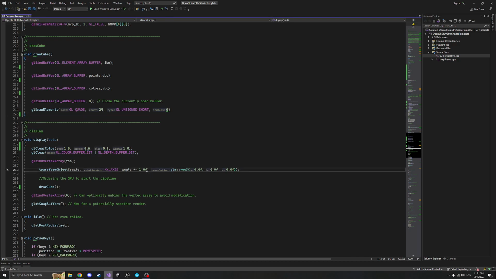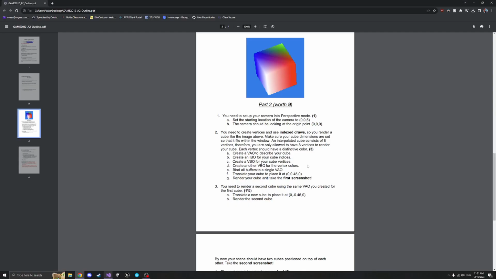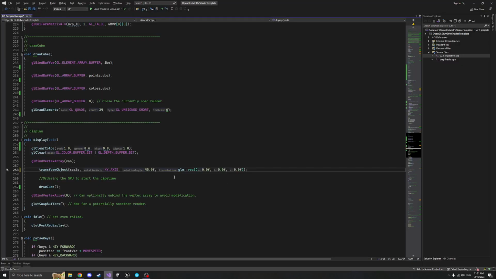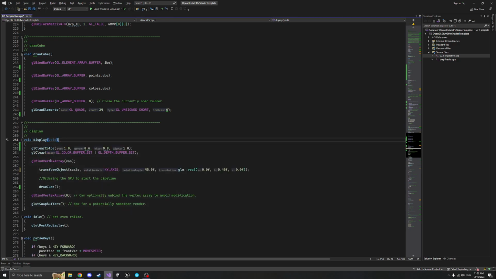The last thing we're going to do is we're actually going to set the angle to 45 degrees. And then we are going to offset it by what it says here. So we want our y to be 0.45. So here, we're going to replace that with 0.45. And this is in display. Sorry. And all this is doing,